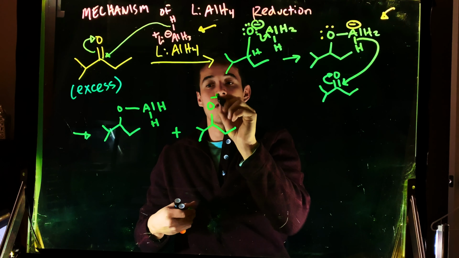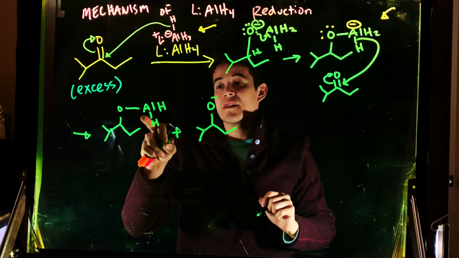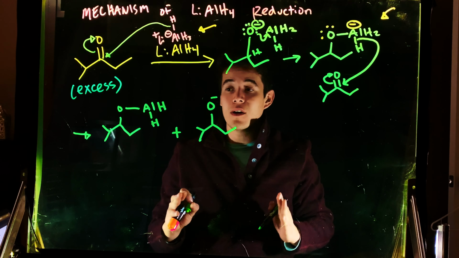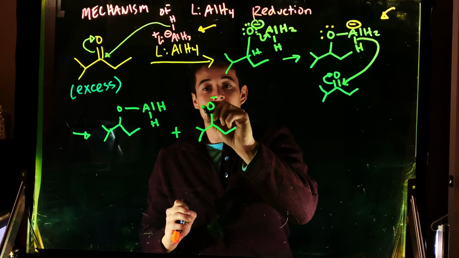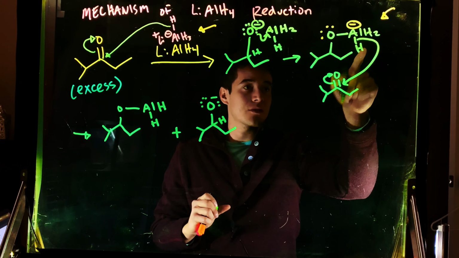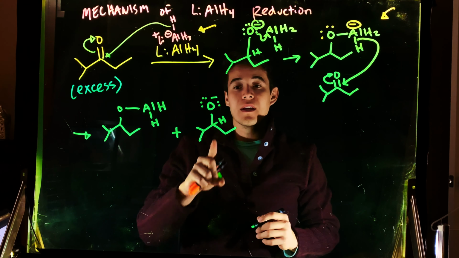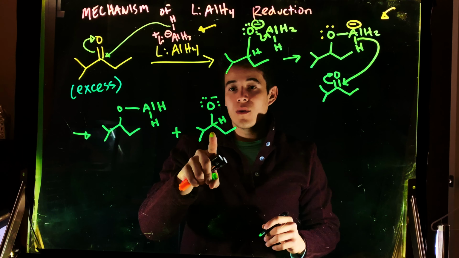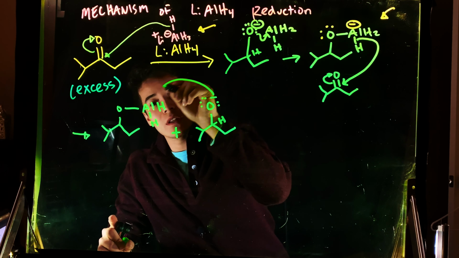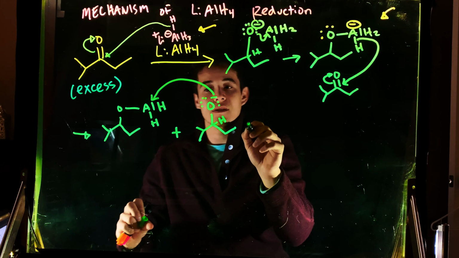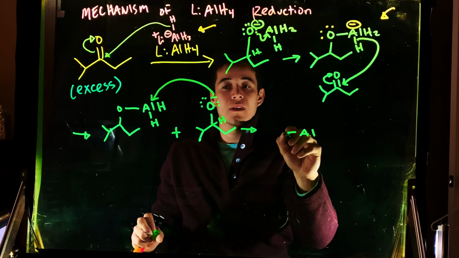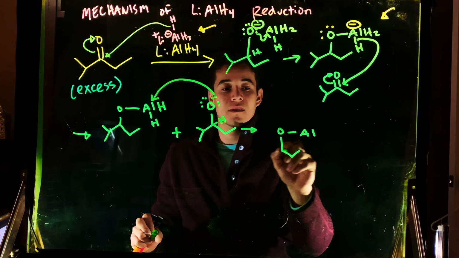Here's our O minus. Okay, so notice this aluminum is happy, there's no charge, it has 3 bonds. Aluminum is in the 3rd column, that looks great. This oxygen is now negative. We just donated a hydrogen to right there, thanks to this hydrogen there. Okay, so now what do you think is going to happen? The same thing is going to happen like in our previous step. This guy, one of the lone pairs, is going to come and grab the aluminum. So that's going to give us an aluminum attached to an oxygen like this,